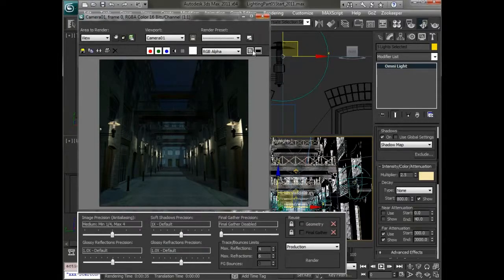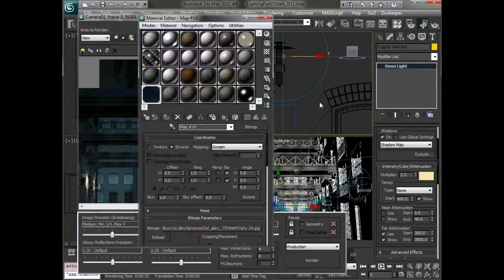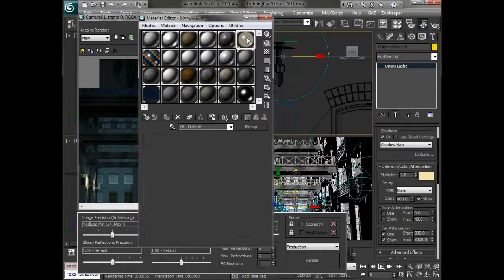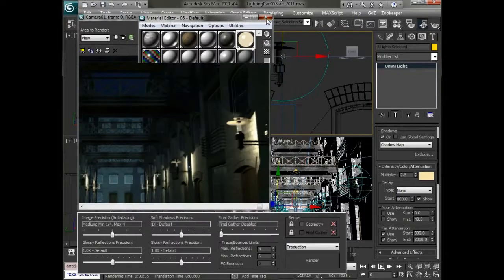One last thing that I like to add is some sort of little glow to this element. So let's go into the material, and this is the material for the light. In this case, for the daytime, it was fine for them to be transparent, but I probably want the opacity to be all the way up and the self-illumination to be all the way up. And I'm going to set a material ID of 5 for this so that I can apply a glow to it. Now when I go into the environment and effects dialog,